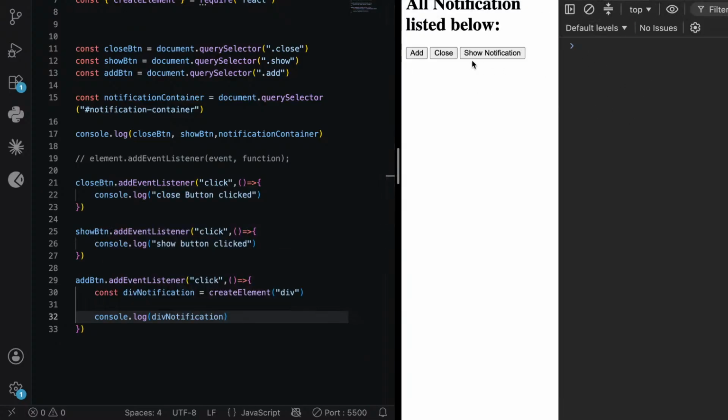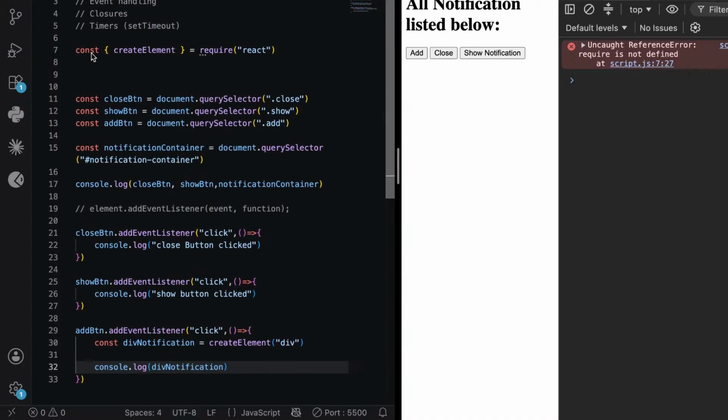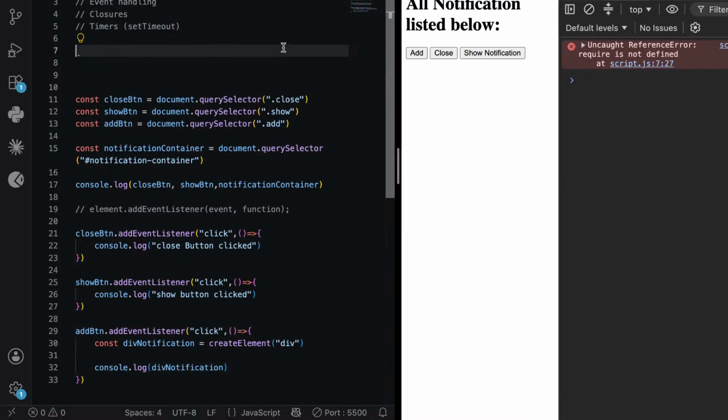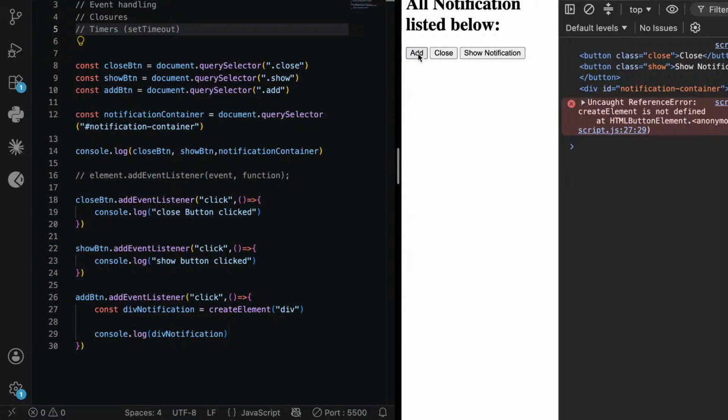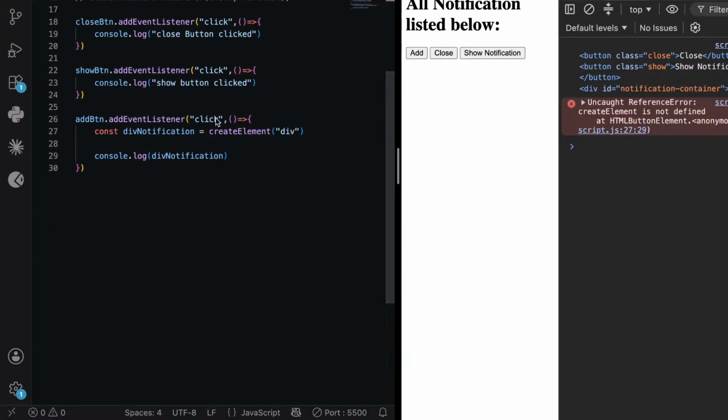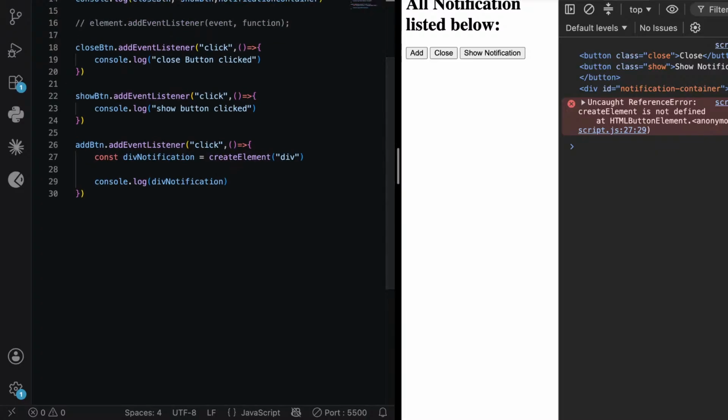So add. Reference error: require is not defined. Where are we requiring? Line number 7, we haven't used require. Oh, we are not working with React. Yeah, notifications, and when we add it, reference error: createElement is not defined. So let's just see